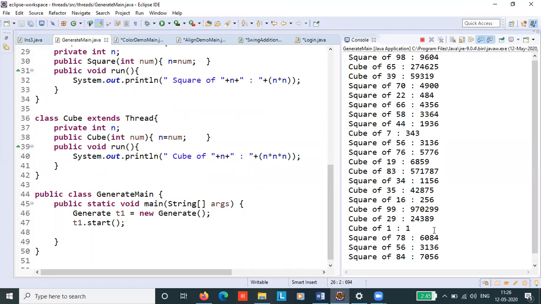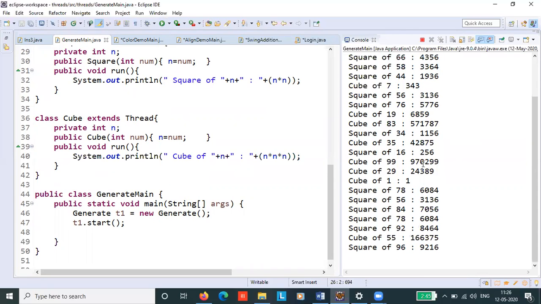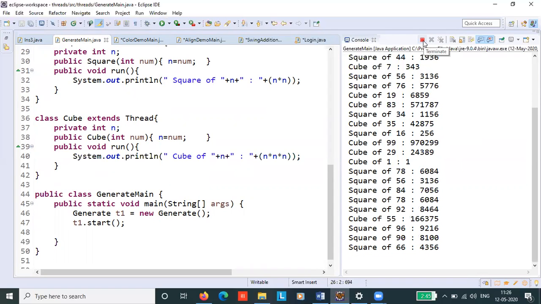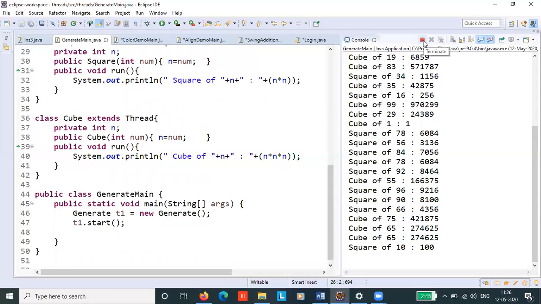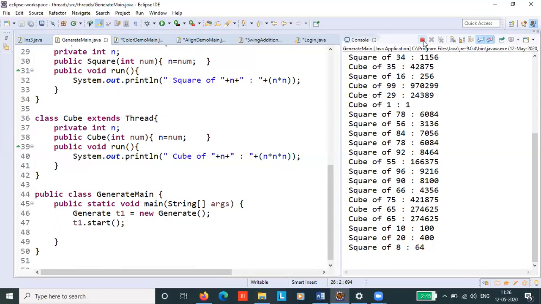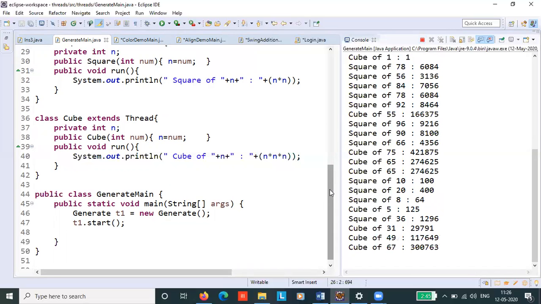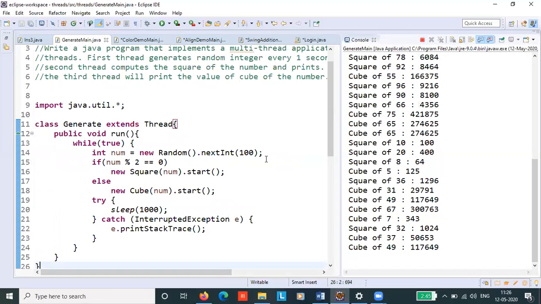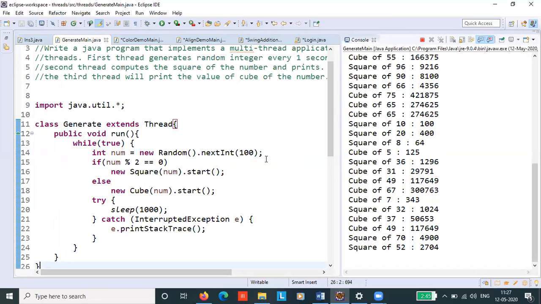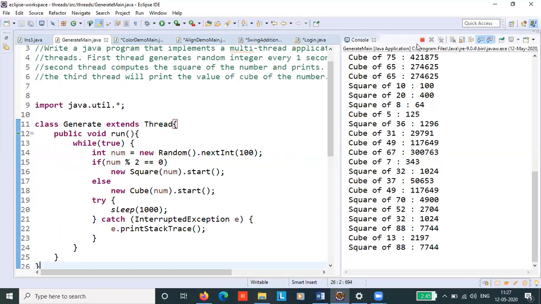Similarly, this program will continue until you stop it manually, because every second you are continuously generating a random integer.